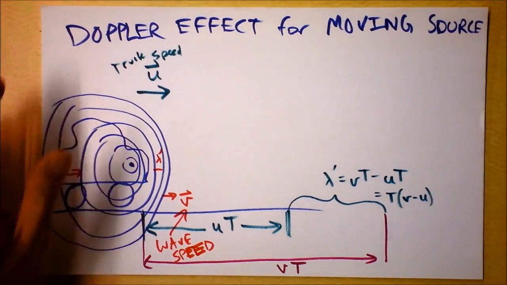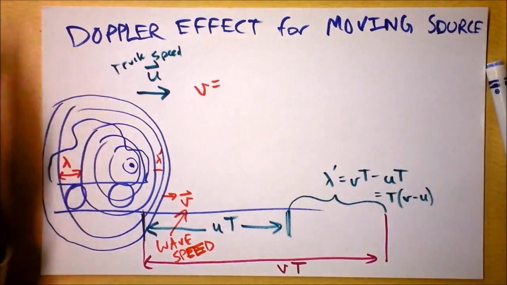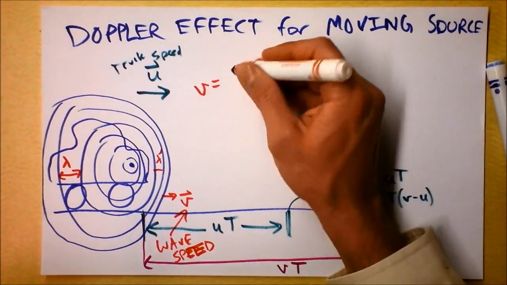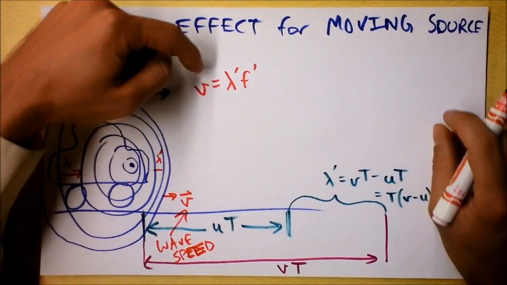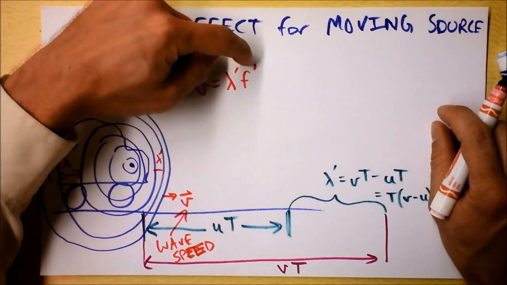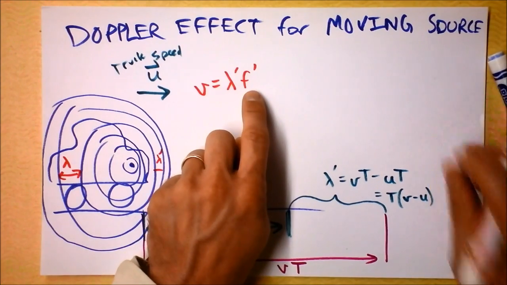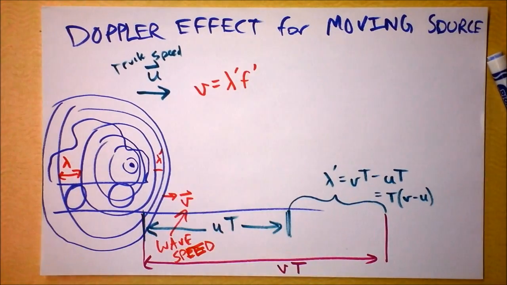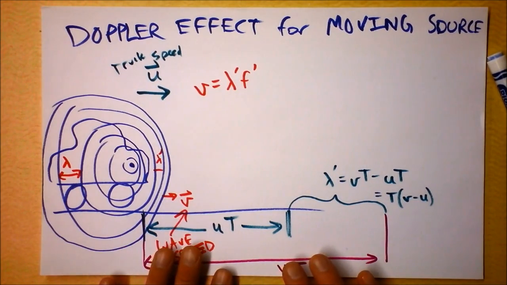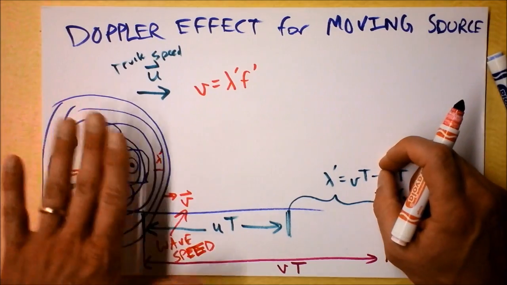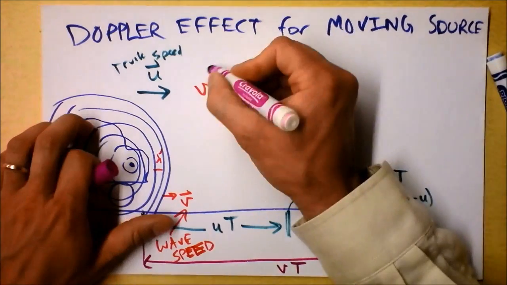We've already established that the speed of the wave is lambda prime times frequency prime, because speed is always distance times frequency. This is meters, this is per second, and that's fine. So each of these must be primed. And everybody sees the same speed. Do you believe that? That a moving source would still cause the wave to move at the same speed, because this speed is determined by